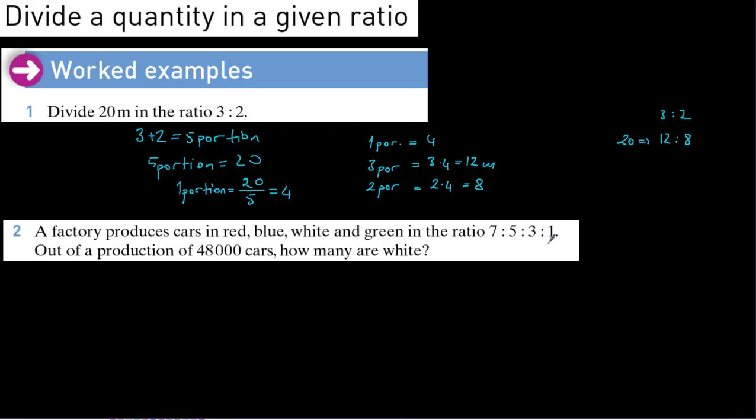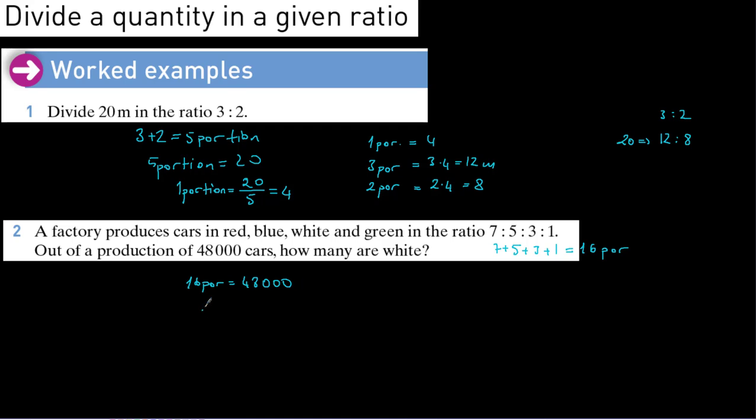That makes 7 plus 5 plus 3 plus 1, which is equal to 16 portions. So if 16 portions is equal to 48,000